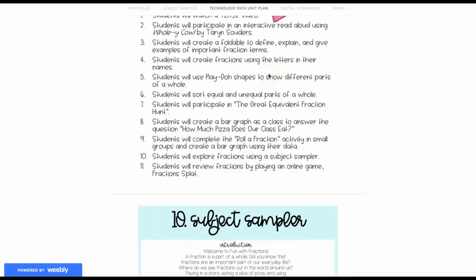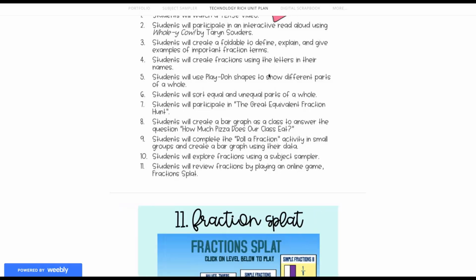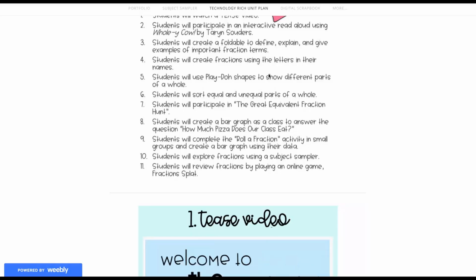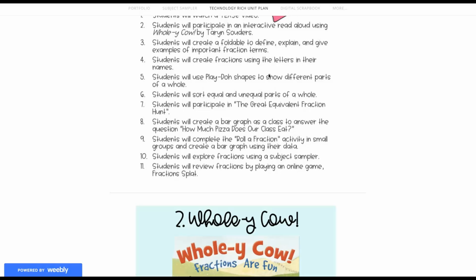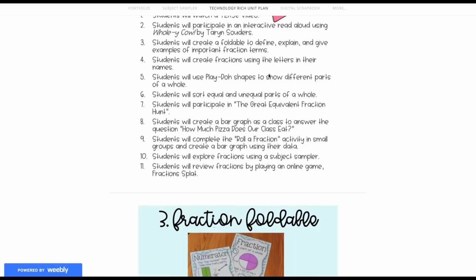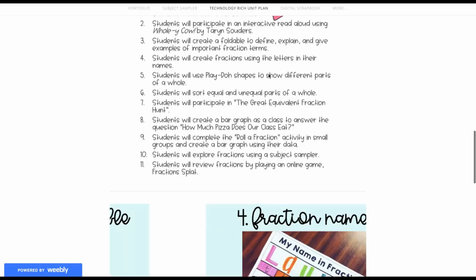Next, you will want to include additional technology-rich activities, and these can be activities that you found as you were seeking resources for your Pinterest scrapbook earlier in the course. You will also, of course, want to include your treasure hunt or subject sampler, as that is an important component of your unit.